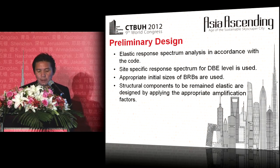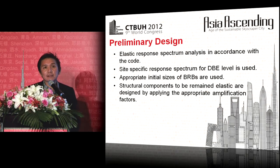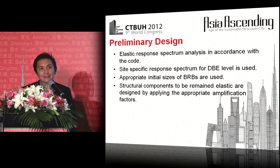So preliminarily, we do an elastic response spectrum analysis in accordance with the code. The problem in the Philippines is that we're still stuck with the UBC 1997. We cannot move from UBC to IBC simply because there is no available spectral acceleration map in the Philippines. No government agency did this, and therefore, for every special project like this, the developer is forced to hire site-specific consultants to do a probabilistic site hazard study in order to establish all these parameters needed for us to do the IBC as well as the ground motion,